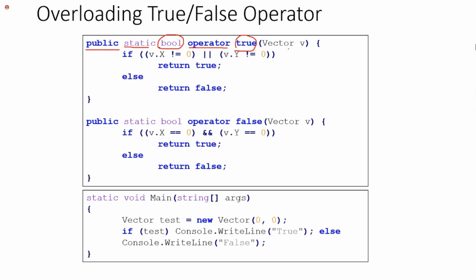And here you can pass your value, or whatever the object type. Now here we are passing a type of vector, right? So when we are checking with the vector, we are actually checking whether the x and y values are 0, right? If they are not 0, then it is true. Otherwise, it says false, right? It returns false. Also, you have to implement it for the false as well. Here you are checking whether it is 0. Sorry, if this is not equal to 0, then it should return false, right?